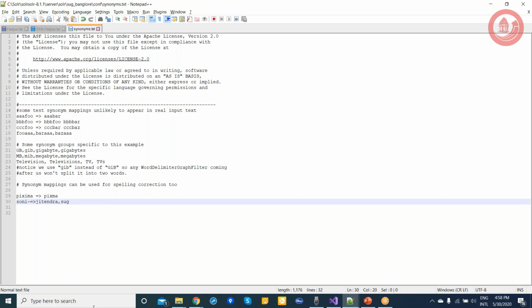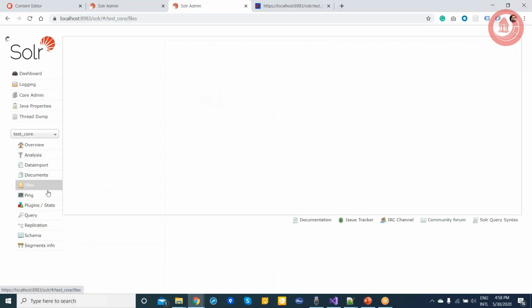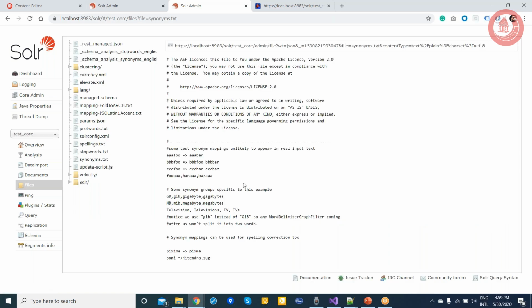In SolrCloud mode, you will see an API and all the synonyms here. I just updated the synonyms file and you can see it here. Okay, so we have discussed how to apply synonyms, one-way and two-way.